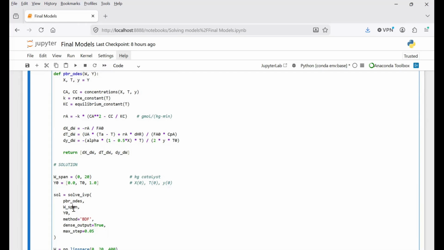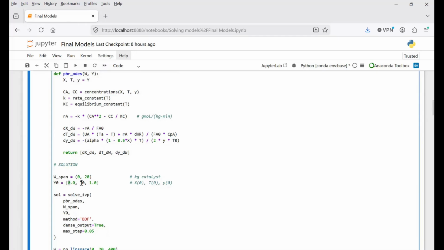This is not a lumped model. This is a distributed model. So we are solving it over weight from 0 to 20 kilograms. And then we have the initial conditions, which have been defined here, for the first one is going to be